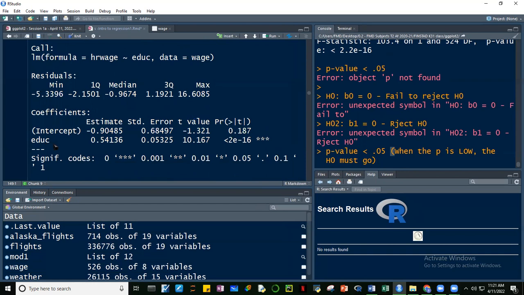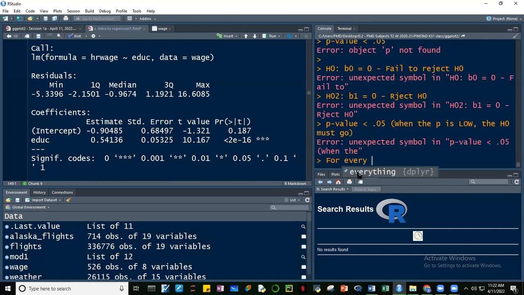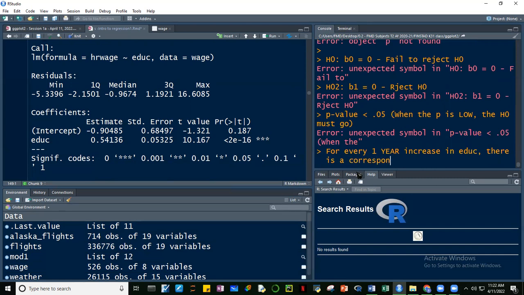For every 1 year increase in education, there's a corresponding 0.54. 0.54 what? Hourly wages in dollars. So I'm going to say $0.54 increase. Why increase? Because this is positive. Increase in what? In hourly wage. Let me write: for every 1 year increase in education, there is a corresponding $0.54 increase in hourly wage,